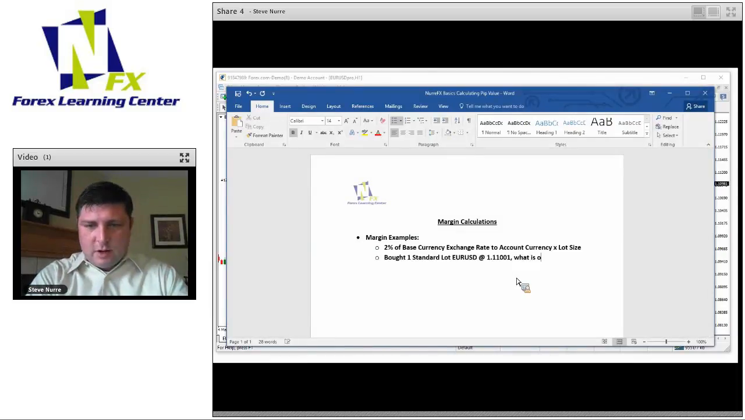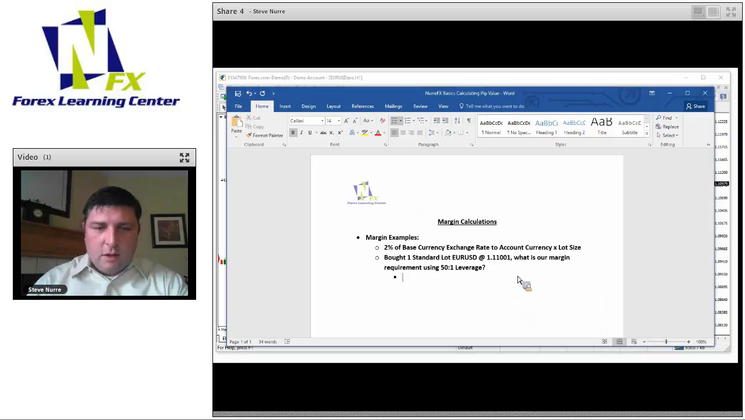What is our margin requirement using, in this case, 50-to-1 leverage? So at 50-to-1 leverage, which is my maximum here in the US, I have to put up essentially the equivalent on one standard lot of 100,000 euros. So that's where I really have to put up. However, I have to put up enough US dollars in those euros, if that makes sense. So in this case, on the Euro USD, the exchange rate of how many dollars it takes to exchange for a euro is